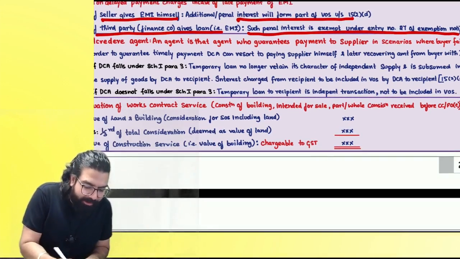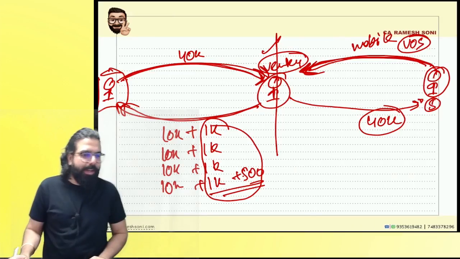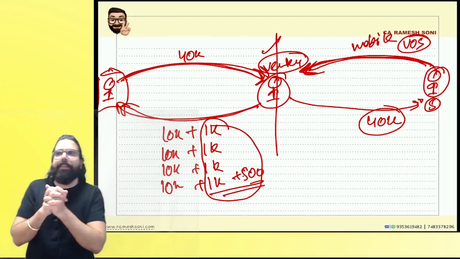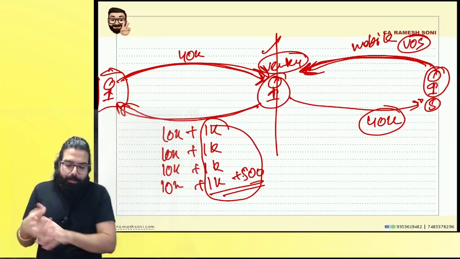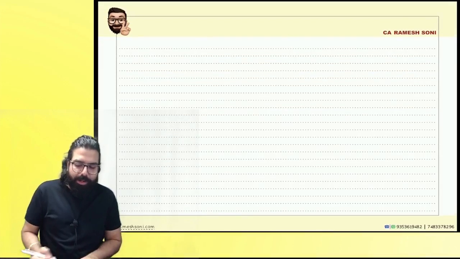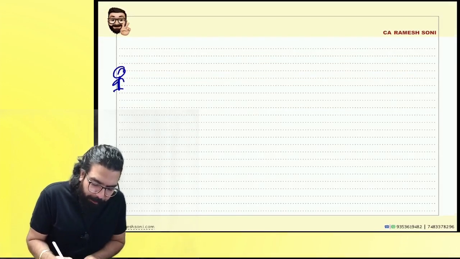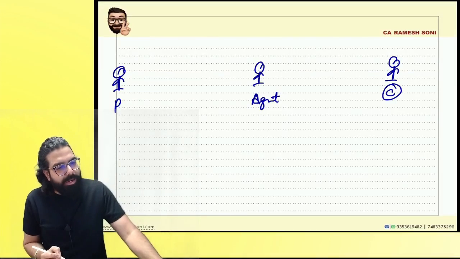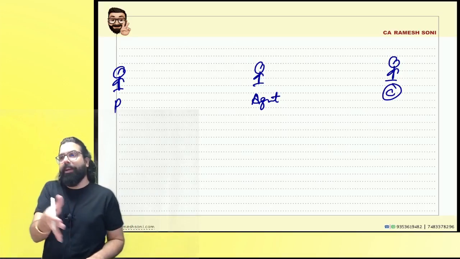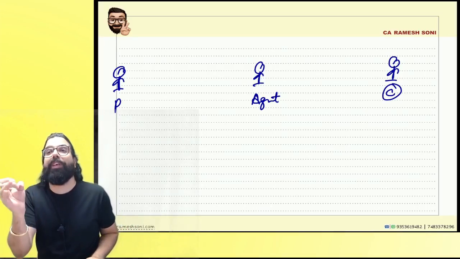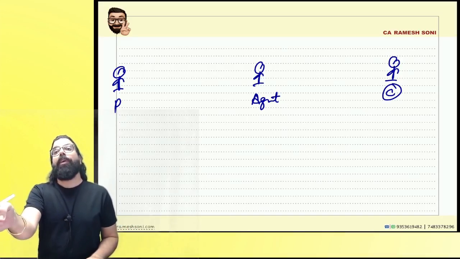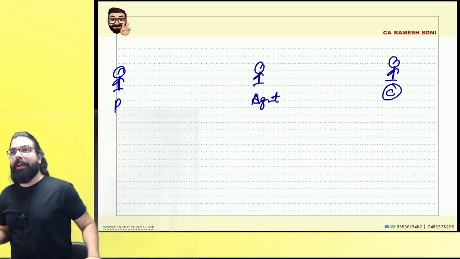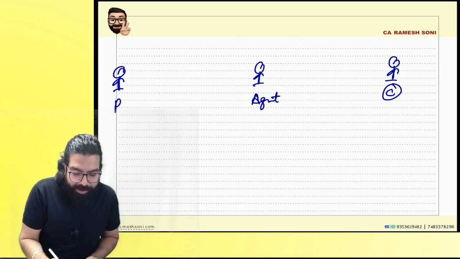The next one over here is the Del Credere agent. Everyone listen to me very carefully. Somebody was asking about the Del Credere agent. What is the Del Credere agent scenario over here? Sir, there is one principal, one agent and one customer over here. Now, who is a Del Credere agent? A Del Credere agent is an agent who says, sir, I will bear the loss of bad debt if anything is there. Are we clear, everyone? Now, listen to me very carefully.